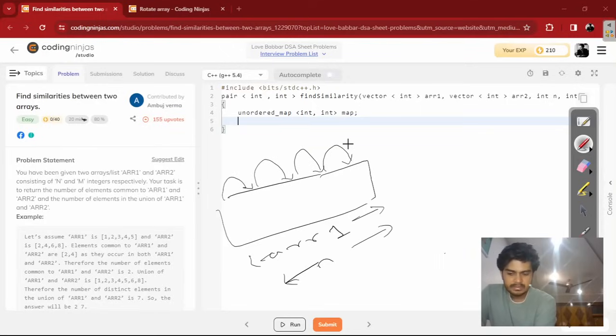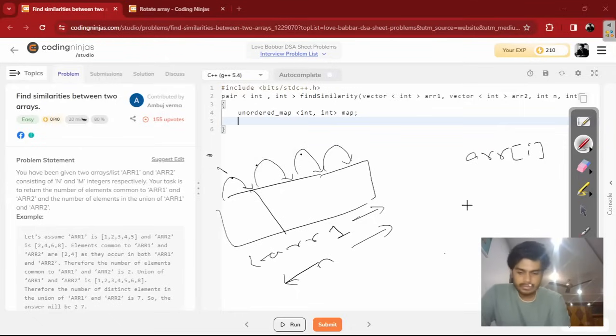Go through this and do what? Store the element of array I. Let's say we are assigning integer I. So I will go from 0, 1, 2, and 3. So go through all this, and because we are traversing, we'll say plus plus,